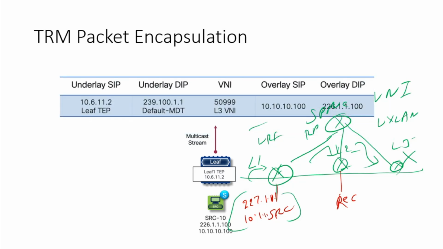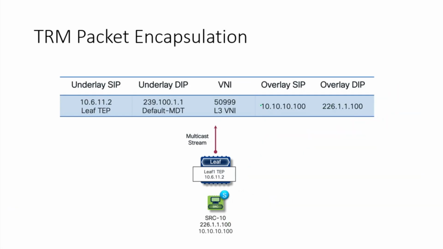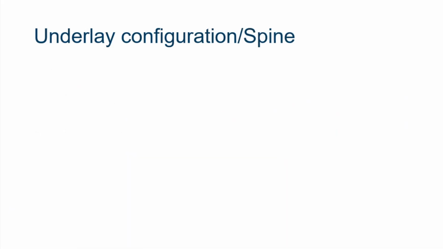Okay, so if you see, this is the encapsulation. If I erase this, this is your original packet that you see here. Coming from here, you see these IPs are matching. Then we put this L3 VNI, and then we put this default MDT and my leaf VTEP address. So your traffic gets encapsulated. And if I quickly show you the config for this one,